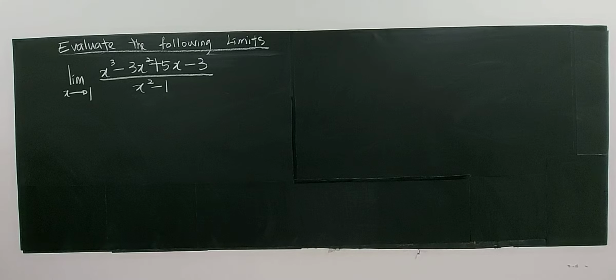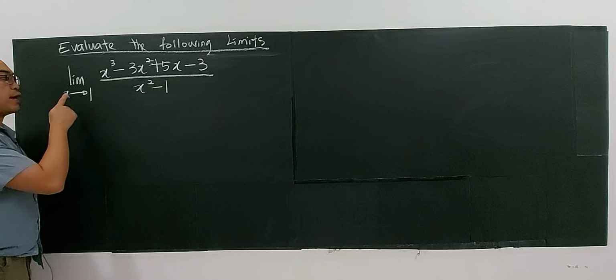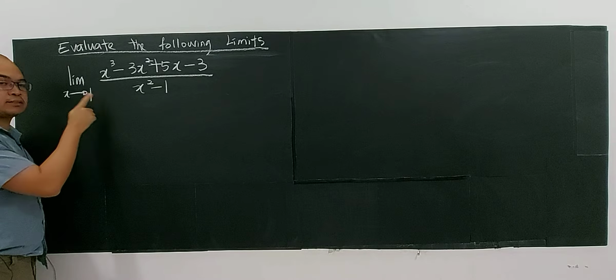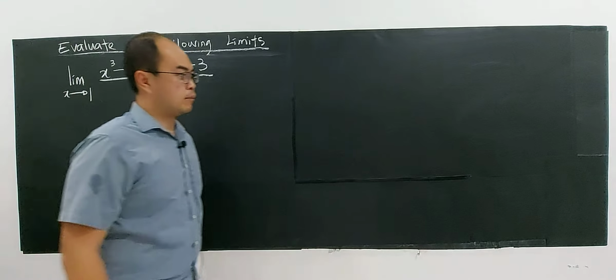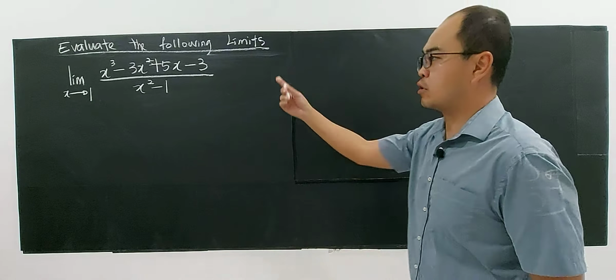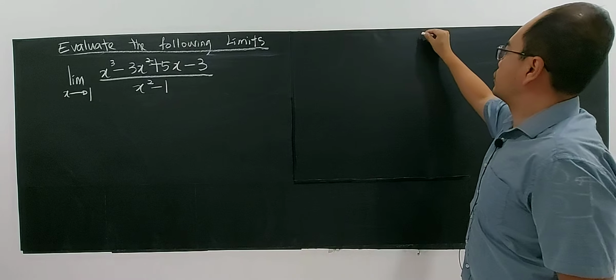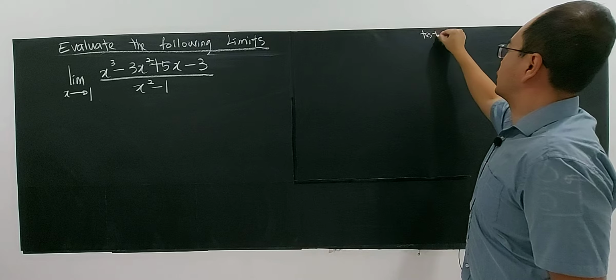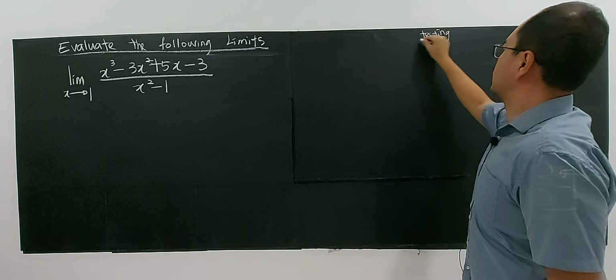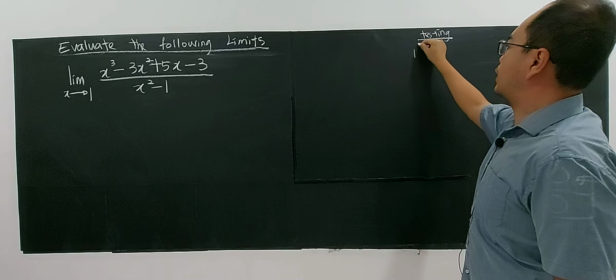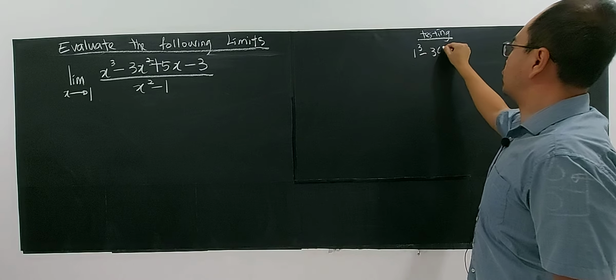Alright, let's look at these examples. What happens when x approaches 1 is not x equals 1, but we must have a test before you evaluate. You're testing the limits here. So you know that 1 cubed minus 3 times 1 squared